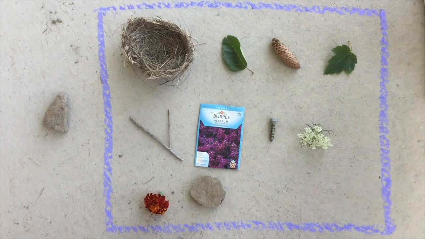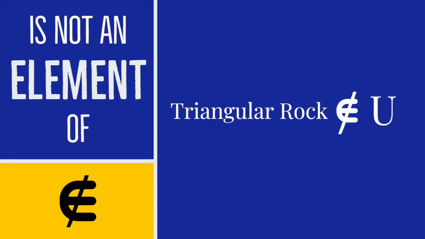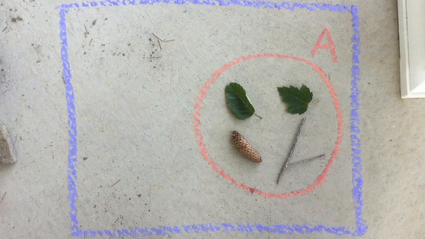Because it's outside the rectangle, it does not belong in the universe, and using the notation we learned before, I would write triangular rock is not an element of the universal set. I've taken my 10 elements out of the universe because now I want to start adding some organization to these items. I've drawn a circle around 4 of the objects that share something in common. They all grow on trees. And I put a capital A outside of the circle so that I can refer to these 4 objects as